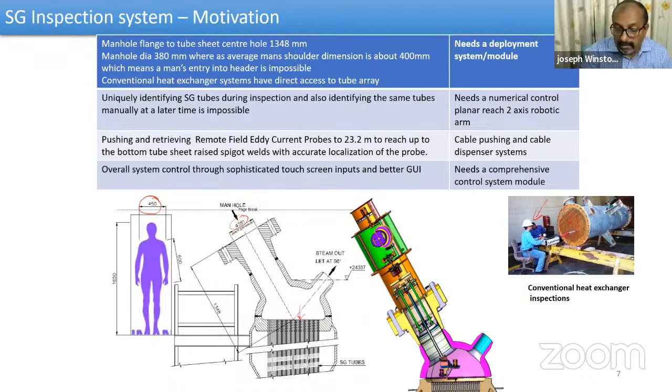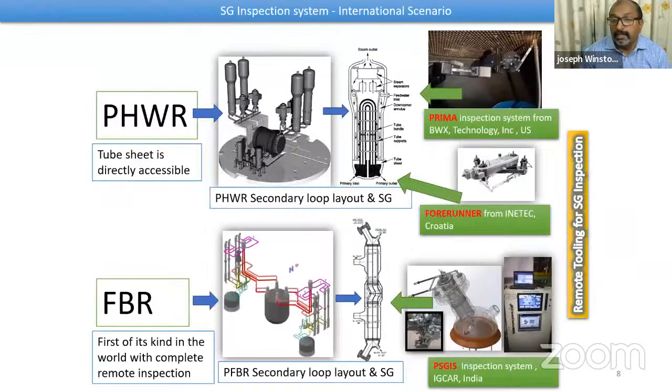So here you can see the system, this is the flange where the dummy is removed and the system is mounted here. And this will be the robotic system which is deployed into the manhole, and then it will go and position the probe to each one of the tubes for pushing the cable into the tube for inspection. So one thing one has to note here is the tube position is numerically controlled. There is no manual intervention or manual jogging to reach the point,